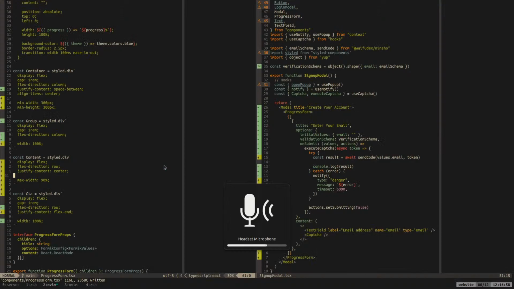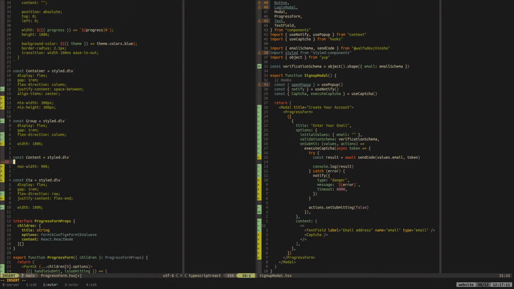Okay. So scratch the Flexbox idea. I'm going to use margin again and just do it an easy way, like this. 5%.